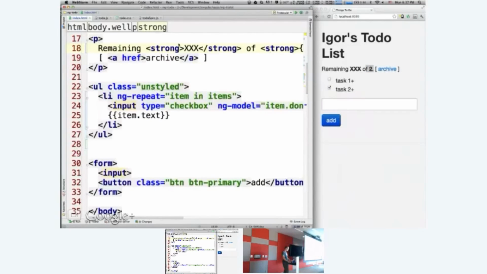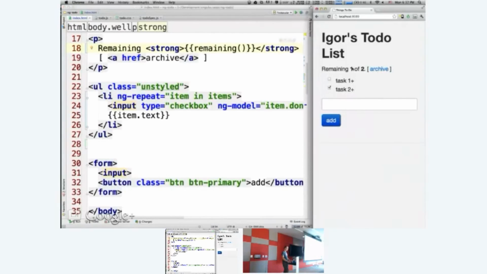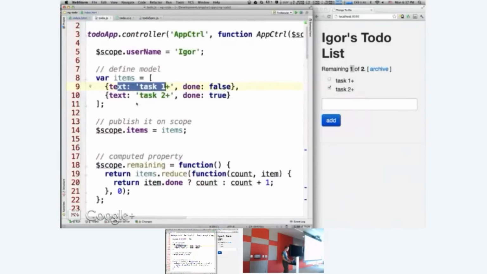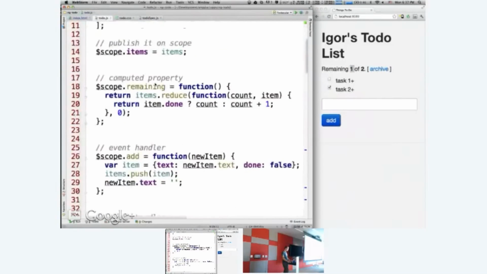How about this first one? Now, the browser doesn't know anything about items and their status, so we need to create something custom, something domain specific. And what I'm going to do, I'm going to create a remaining method, which already works because it's implemented, and I'll show you the implementation of it. So in my controller,